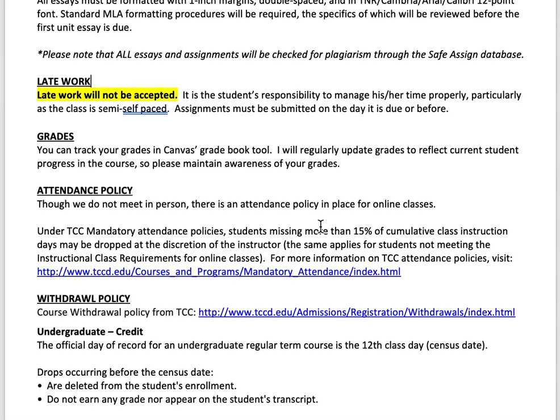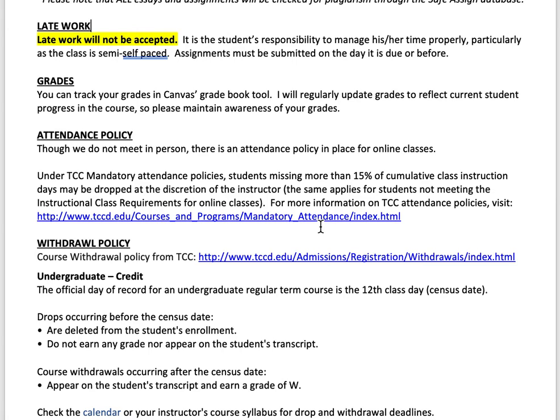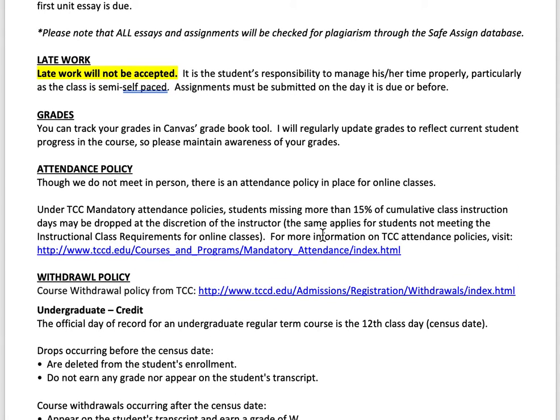Everything is going to be checked for plagiarism through Turnitin. It's very, very good at finding anything that is an internet source, a source from a different class you may have done, a source from another student in another class or this class, and even students from other colleges. It's extremely intuitive.